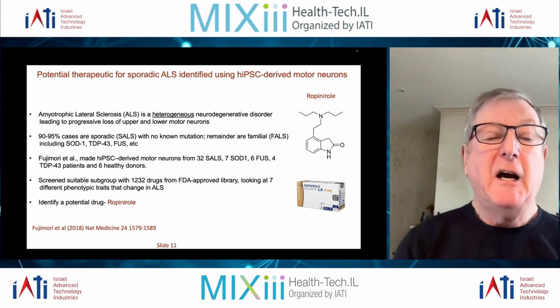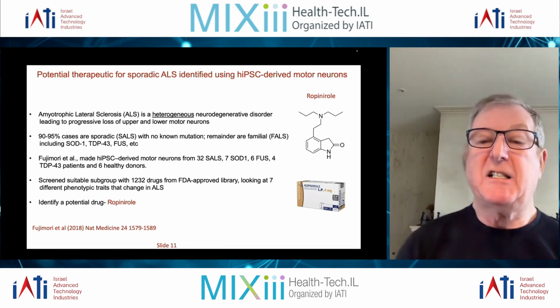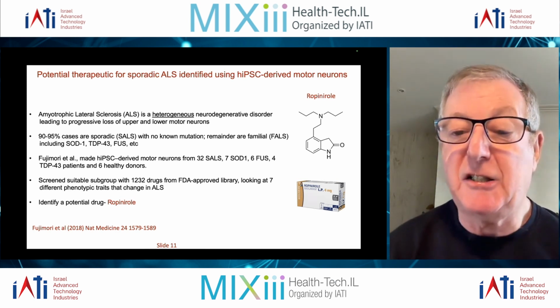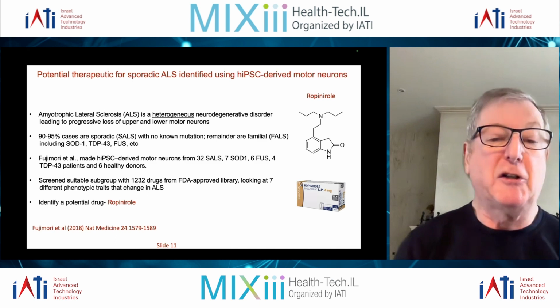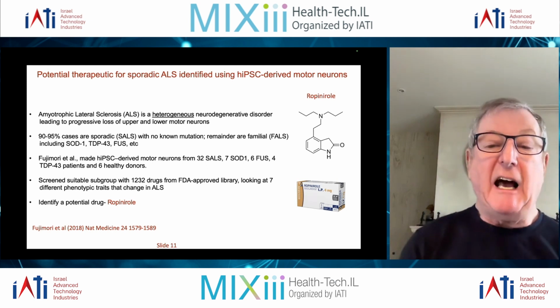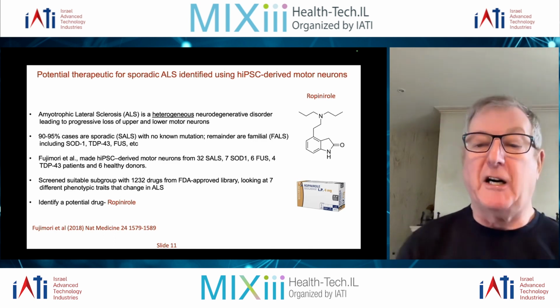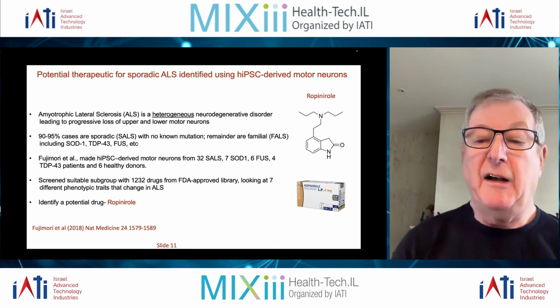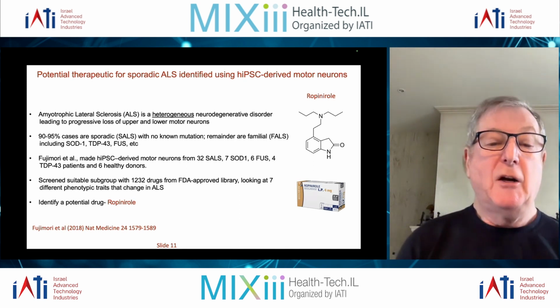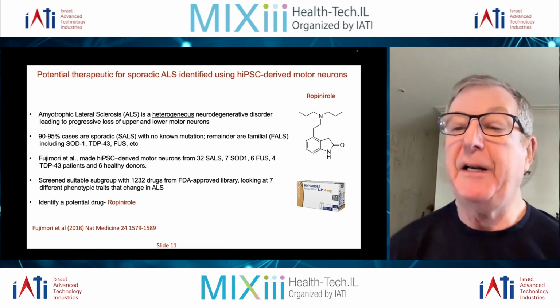Now, Hideyuki Okano's group made iPSC-derived motor neurons from a whole bunch of sporadic cases, familial cases, SOD1, FUS, TDP43, and healthy donors. And they made motor neurons, which they then screened with a library of approved drugs that is on the FDA website. There are 1,232 drugs which have been approved for other indications, and they screened their motor neurons looking at 7 different phenotypic traits that change in ALS, and they identified a potential drug shown on the right, ropinirole,